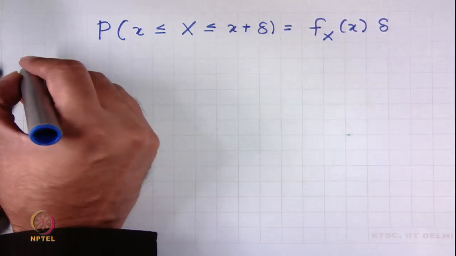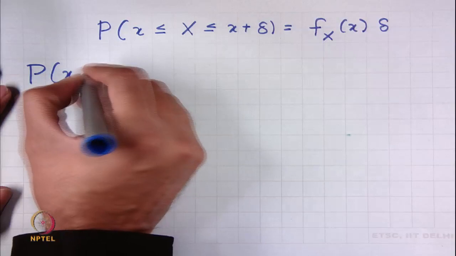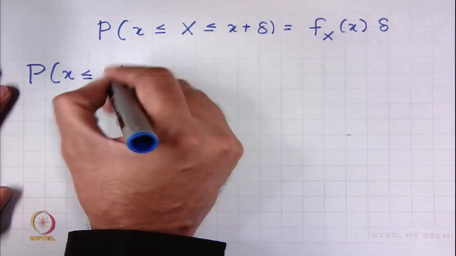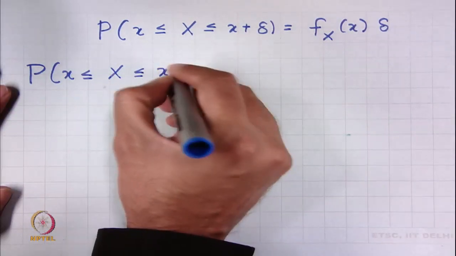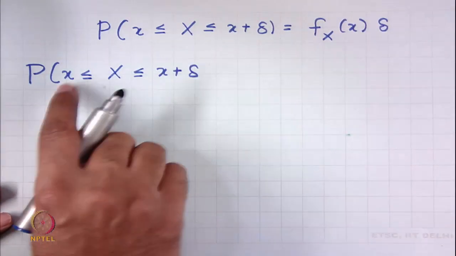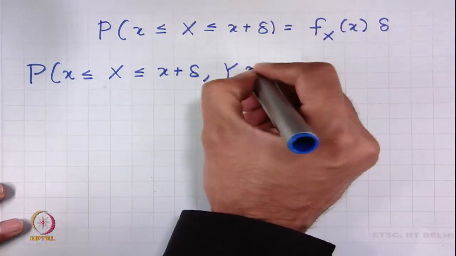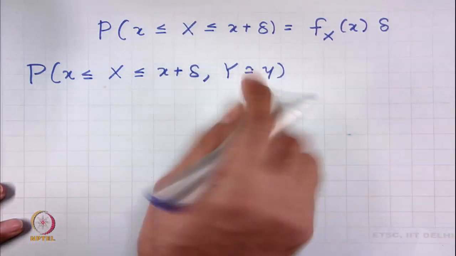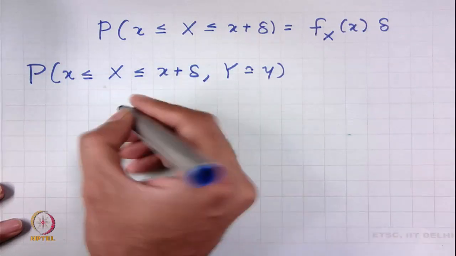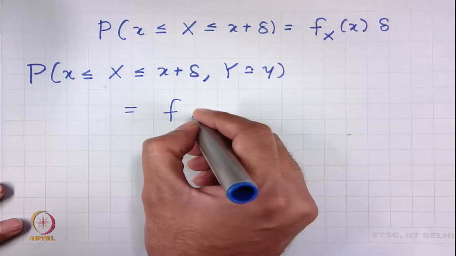If I have to define a conditional PDF, I am still interested in the probability that x takes a value between x and x plus delta, but under the assumption that random variable y takes a value around y. By the same analogy I can write this as,